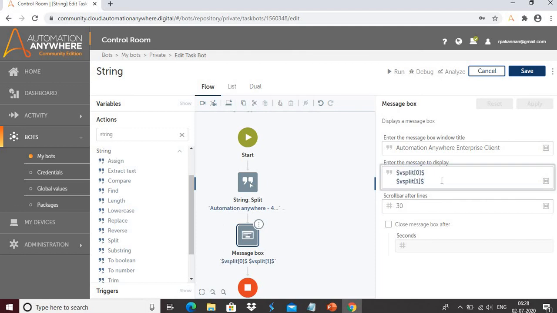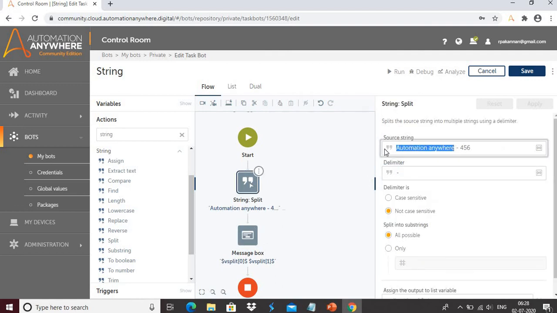This is the basic concept of list variable. In the list variable, currently we are splitting the value by hyphen delimiter. So index 0 is automation anywhere and index 1 is 456. This is what we got as the result.